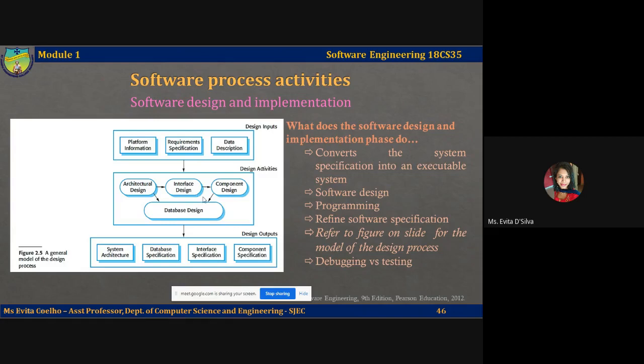The second design activity, the interface design. This is where you define the interfaces between the system components. As you know, a software cannot be one monolithic big software. It's usually divided into components or pieces where each component delivers one set of functionality. Now, for components to talk to each other or work with each other, they need an interface in between. When you design different components, if one component wants to communicate with another component, the component need not know how the other component is implemented, but it should only know how to use the interface in order to communicate with the other components.